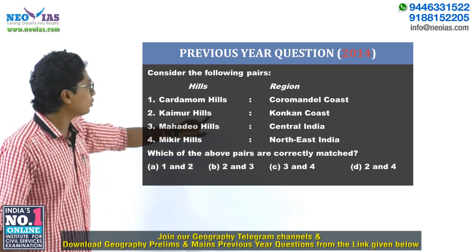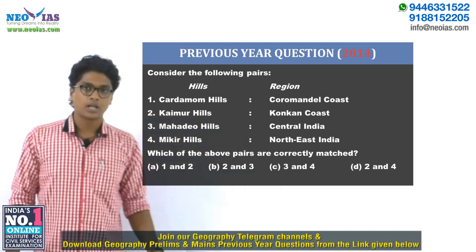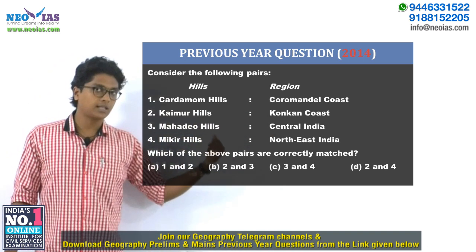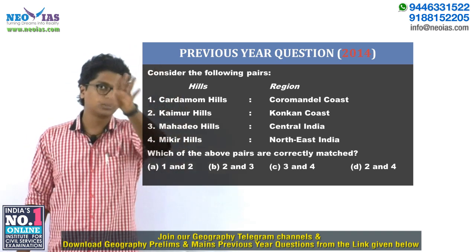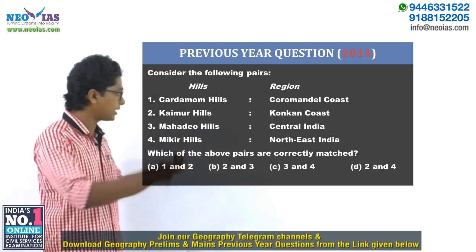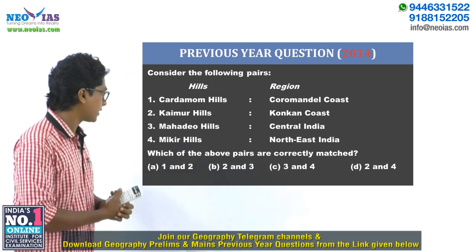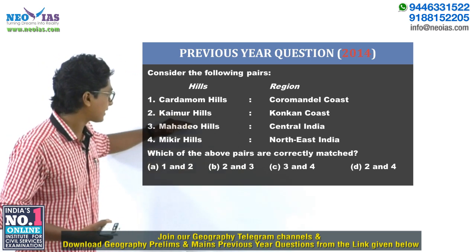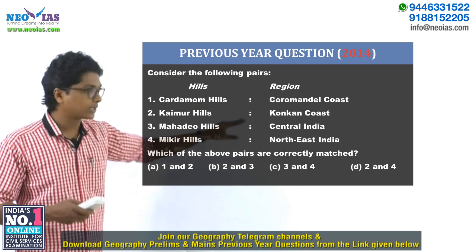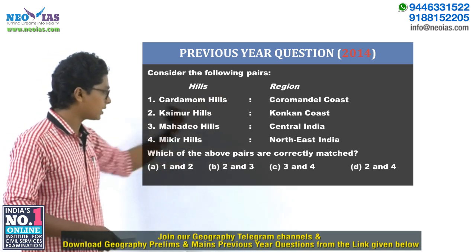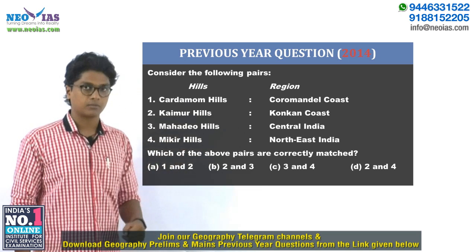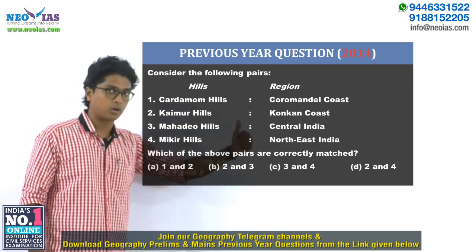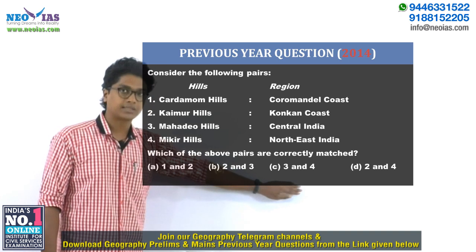The next one, Kaimur Hills, is marked with Konkan coast. As you have seen earlier, Kaimur Hills is not located on the coastal region, again on the interior region, and it's almost toward those eastern regions, right? The northeastern regions of the Peninsular Plateau. So here, the second option is also not correctly matched. And if you know that, straight away you will get the answer. Because going through the options, there are 3 options having 2 in it, right? And if you know that the second option is wrong, you straight away get the answer as C, which is